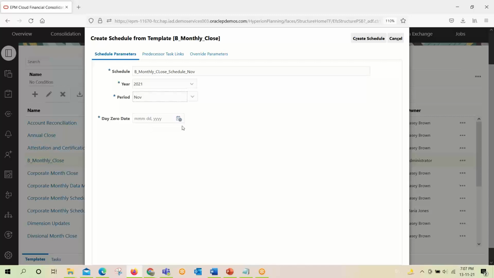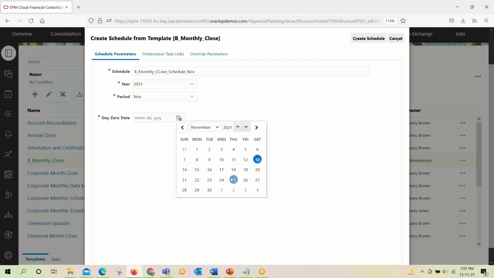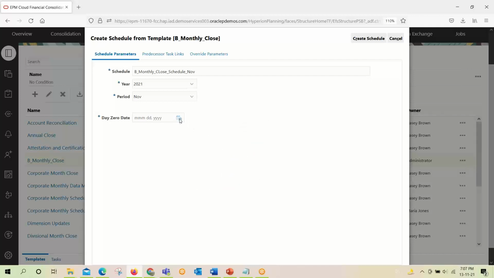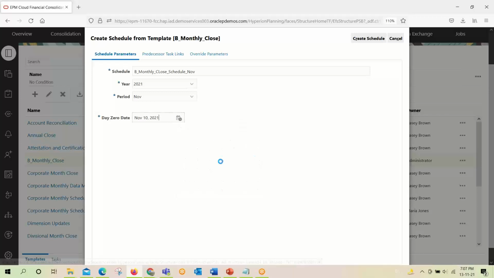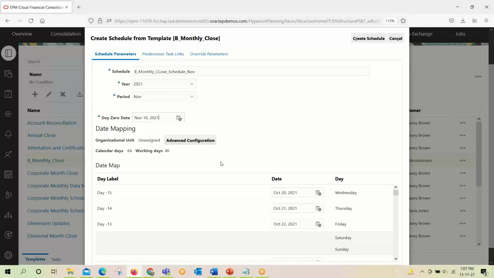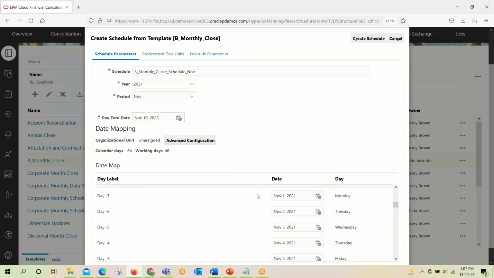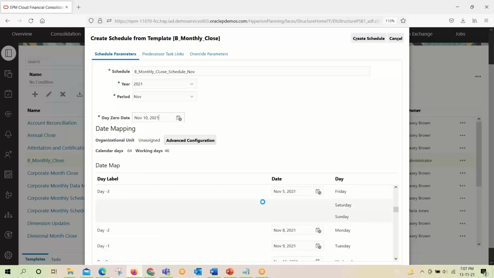The zero date will decide the actual date of performing the task. Generally, the zero date will be the last day of the month for this type of activity. But for our practical purpose, I will give 10th November as our zero date, so that the activities can be closed and opened, and we can see the flow of different task levels.